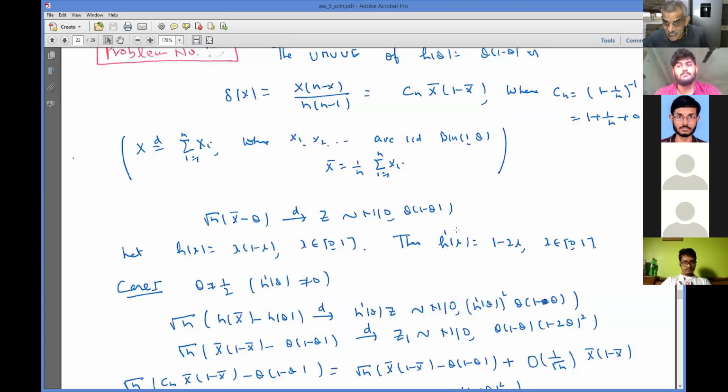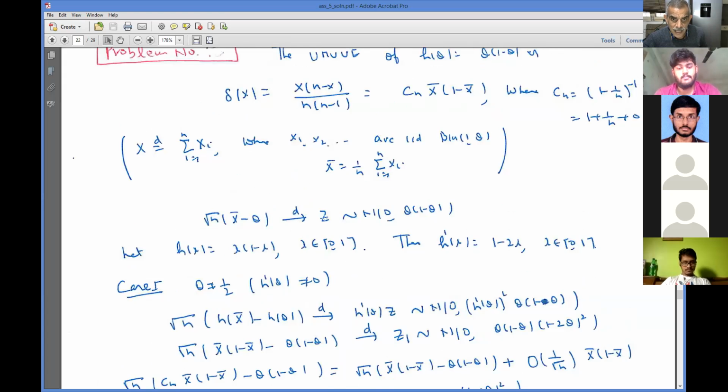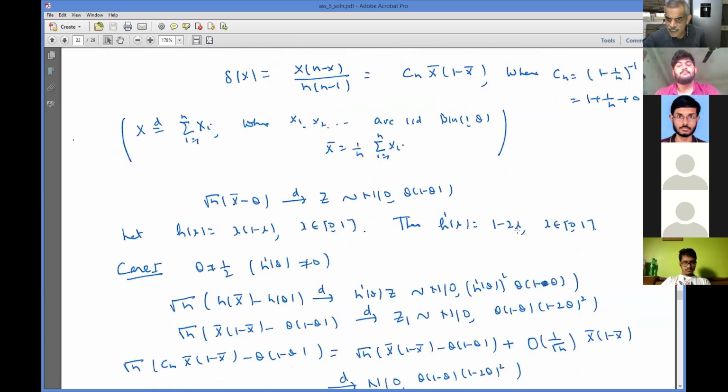When h prime theta is 0. So I am first considering the case where h prime theta is not 0. That means theta is not equal to half. If theta is not equal to half, then root n (h(x bar) minus h(theta)), by the delta method, goes in distribution to h prime theta times Z. H prime theta is 1 minus 2 theta. So h prime theta Z goes in distribution to, because Z was normal 0, theta into 1 minus theta,